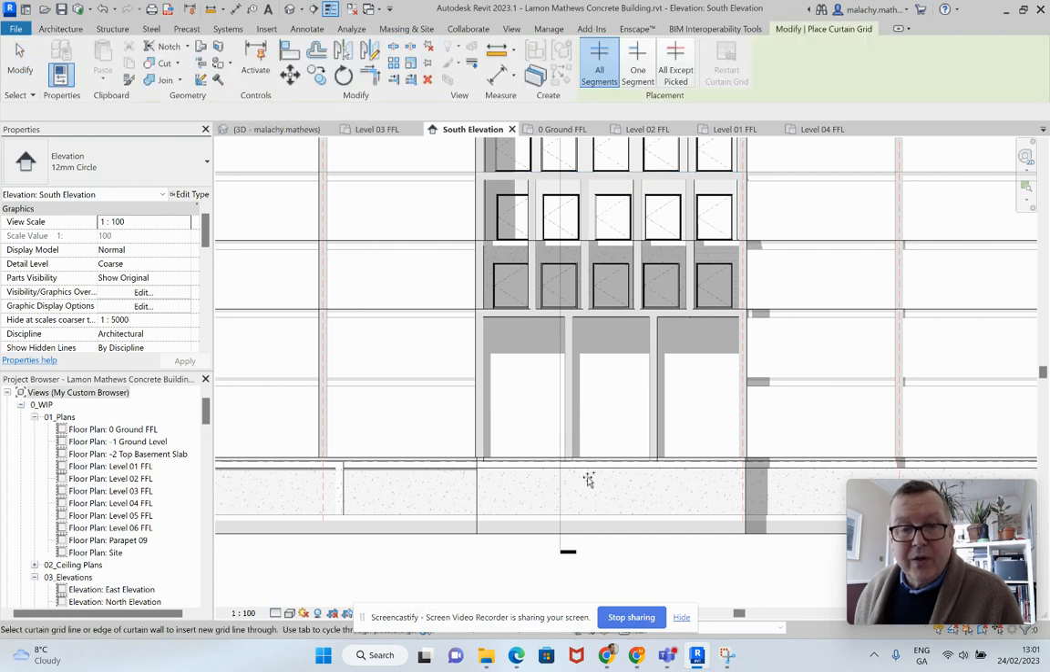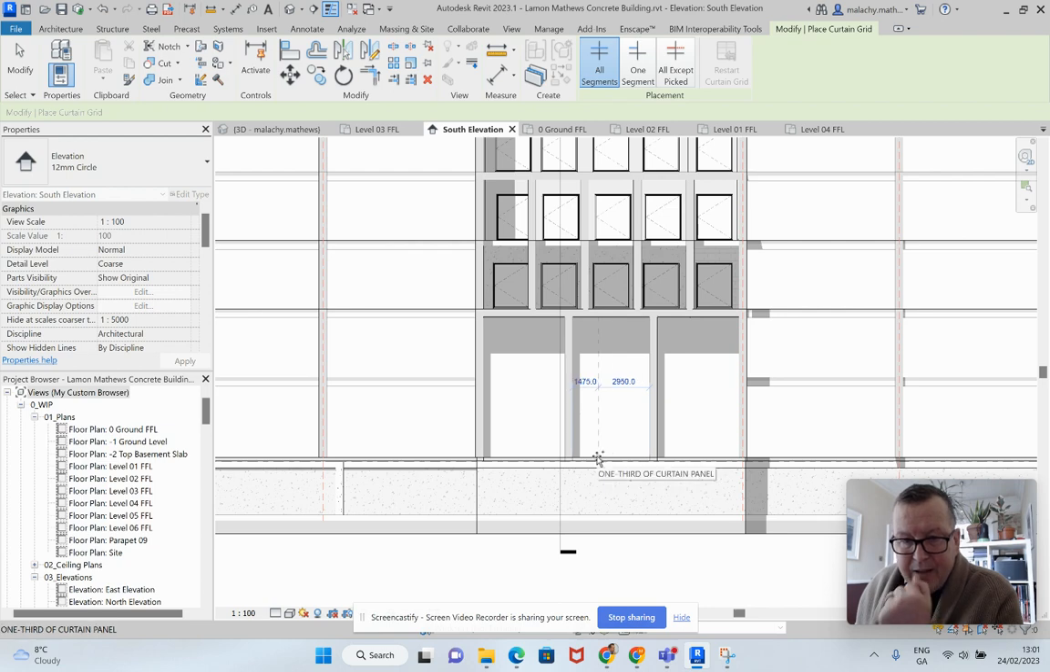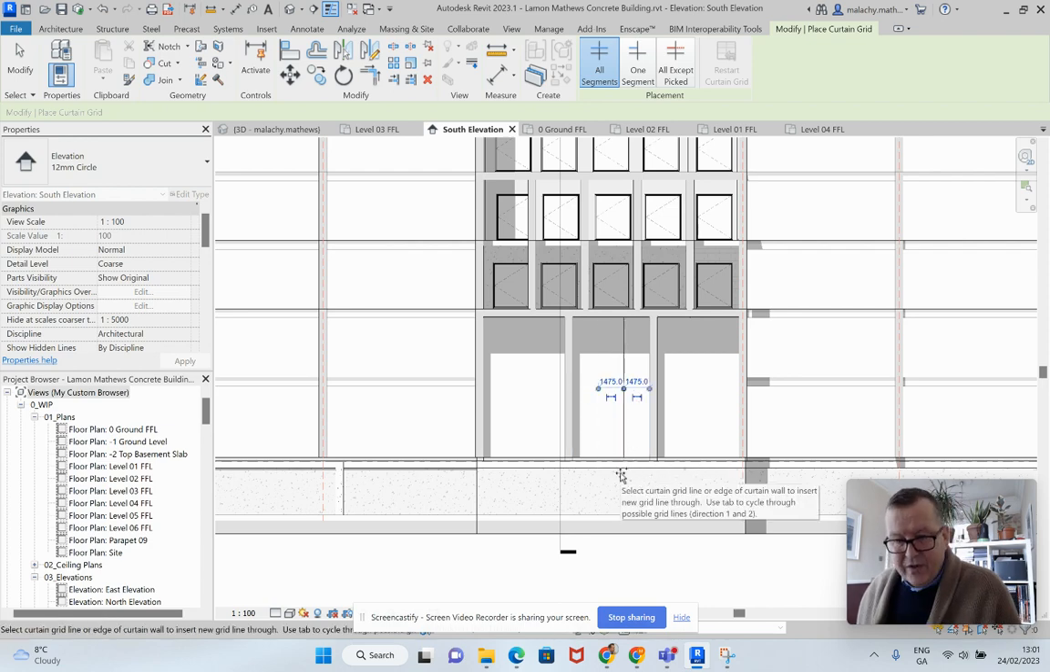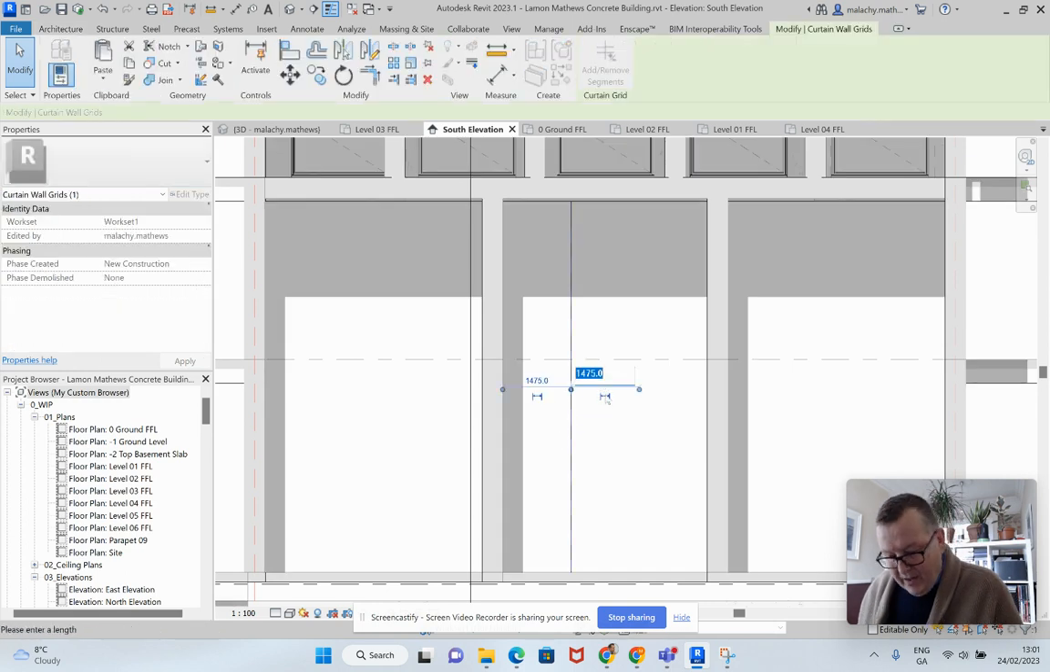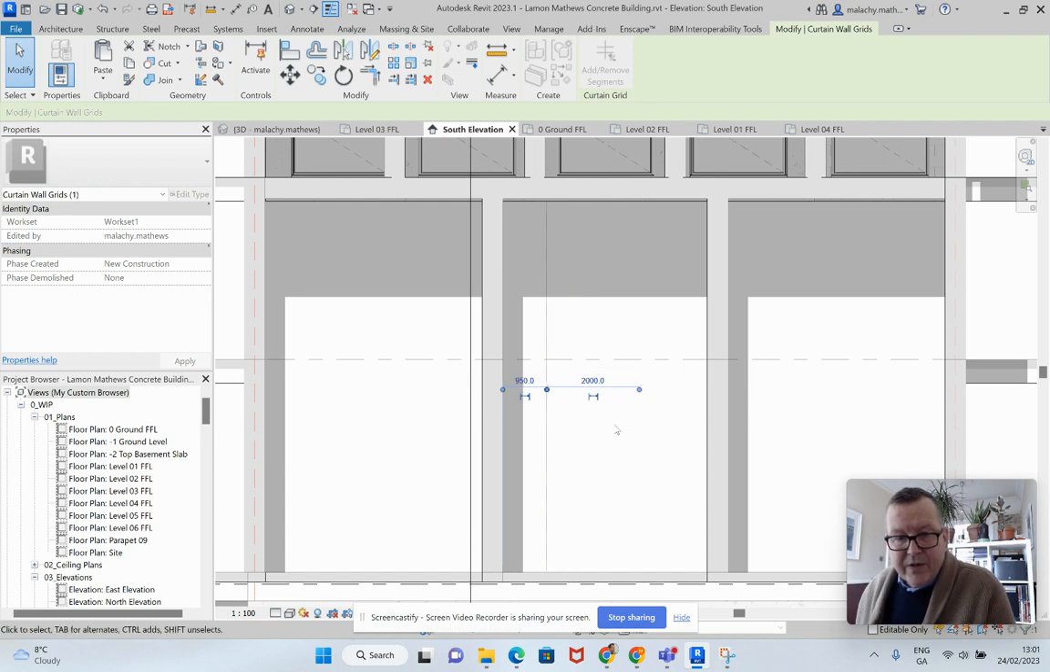So what I'm going up to is my curtain grid. Now the grids are really good because you can see the temporary dimensions there, and so I'm going to divide this into thirds for starters. I'm going to pick this one because this is the one that I want at 2 meters. But I want it centered as well. So what is that one? That's 950. So if I make this one 950,